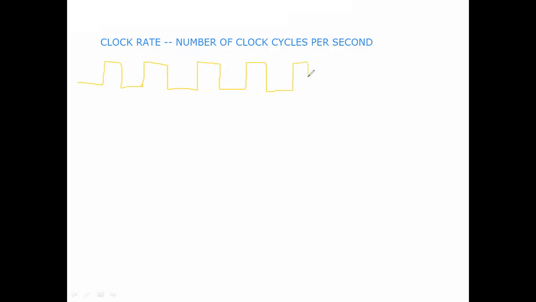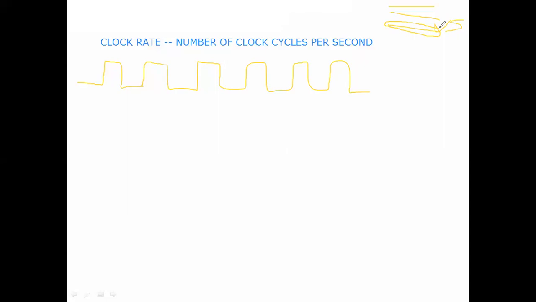A clock cycle is the execution of one basic step. Each basic step is executed in one clock cycle. If you take a program, it is a sequence of instructions. For executing each instruction, we have a number of basic steps: fetch the instruction, decode the instruction, and fetch the operands. Next, execute the instruction. Next, store the result.